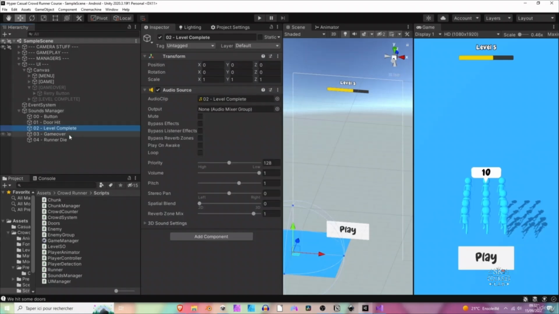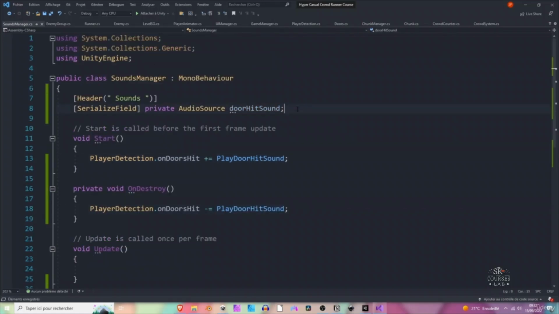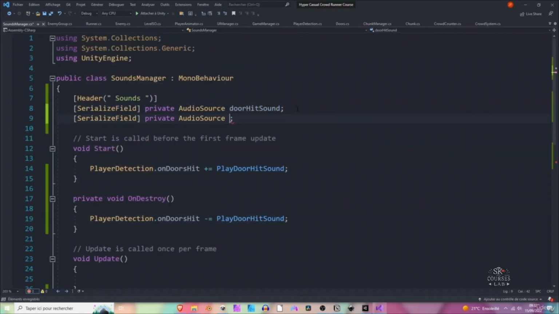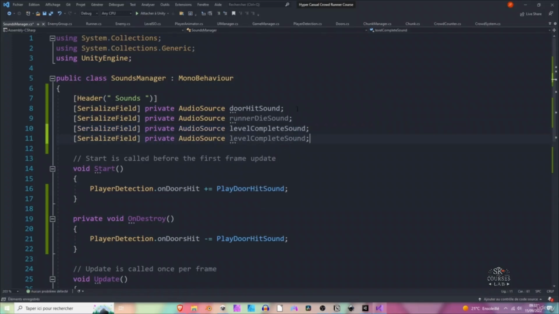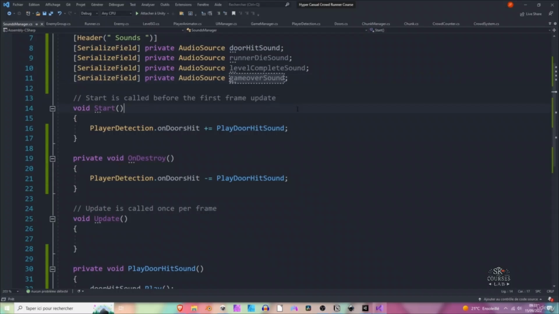So I'm gonna add the level complete, the game over, and the runner die. Okay, so let's duplicate this line. Let's make it runner die. Okay, another one for the level complete sound. Okay, I like to add the sound word when it's a sound. It's just a personal preference. And again, game over sound. Okay, perfect. So for the level complete sound and game over sound, there is a quick way of adding them